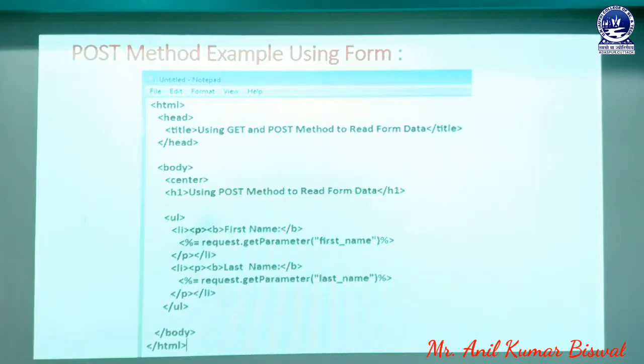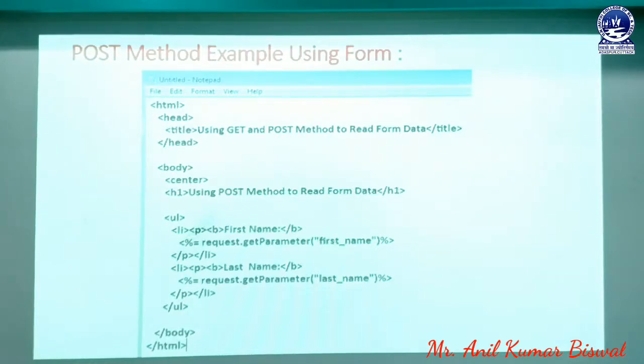If a user wants to create a label, we must write the simple text instead of that bold structure. In that bold tag we can write a statement like first name. Whenever the user writes first name, it is displayed in our web browser in bold. Then you can write the expression tag. In that expression tag we write a statement request.getParameter, and in that getParameter we write one name, named first name.